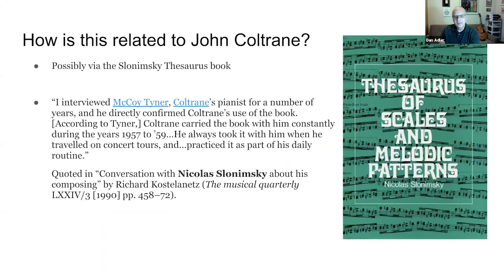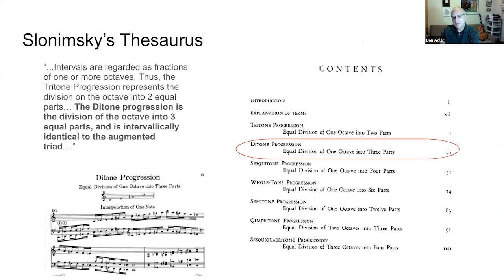So what does any of this have to do with Coltrane? Well, maybe the Slonimsky book. I think a lot of people know that there's some evidence that he was very interested in it in '57 to '59, and of course '59 is Giant Steps. So there's a good chance that he looked through this. And if you just look at the table of contents,